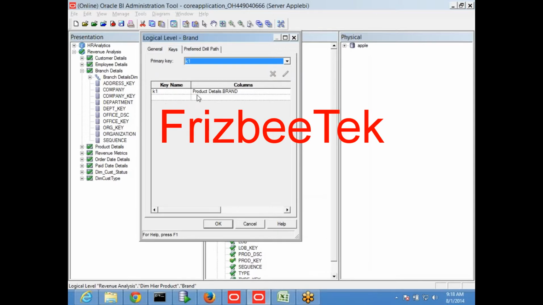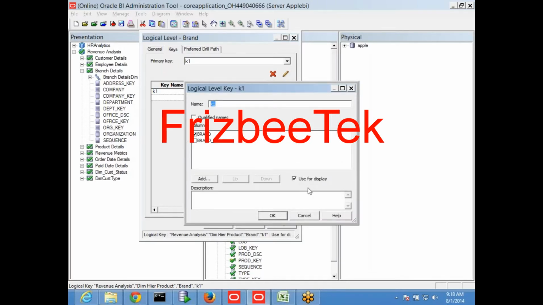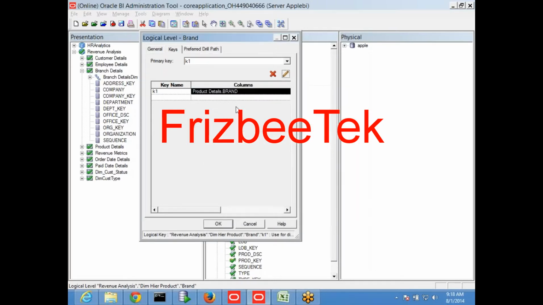I am selecting key, and then I am selecting another option which is called use for display. So key and use for display are two important items in every level.